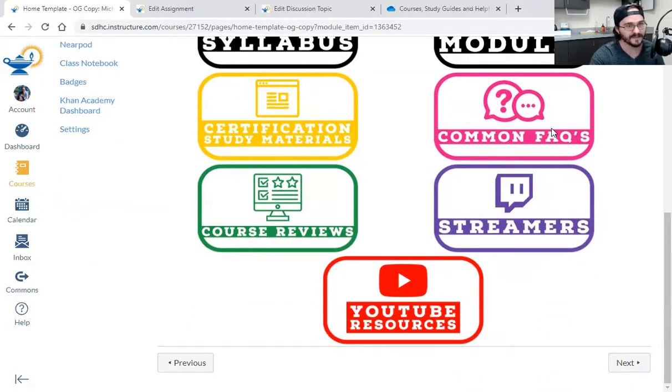So common facts, I'm like, that is a necessity, right? Here's questions. What's your grading policy? How much are tests worth? When's the certification exam? That one I get a lot. I love Canvas because it has a calendar. As you see, you can actually post it on the calendar and the kids can see it on their phone. But I like to add all those little questions that I get throughout the year on here.